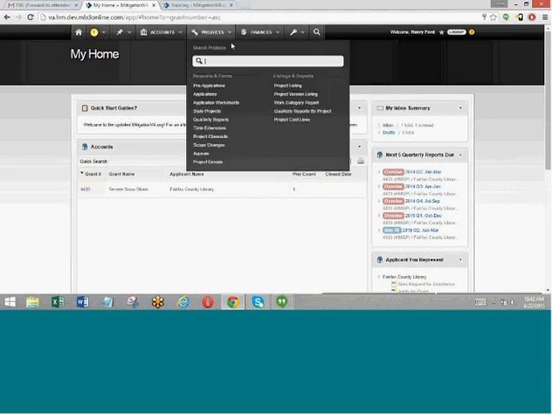If you were to, for example, generate a project listing, this is one way to get to a project that you might already have in the system. I'll show you in a minute how you can actually submit a new pre-application for a new project to be created. But if you do have existing projects, you can just...